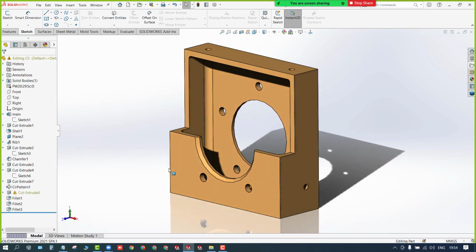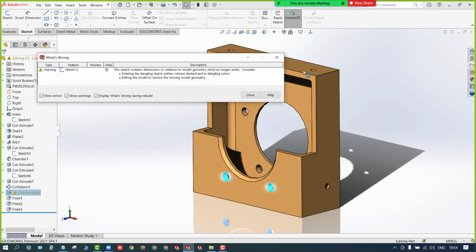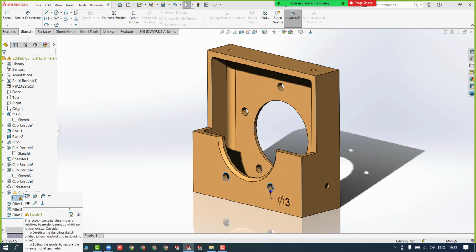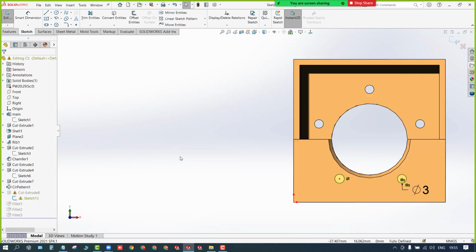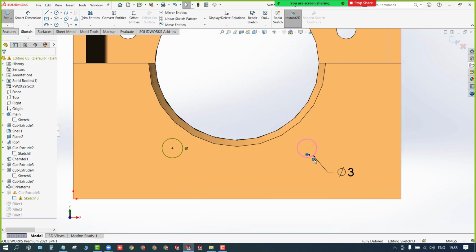Now the last one is again the same. Sketch contains dangling sketches. Yes. So here you can see these are the things. You can delete them anyway. Now how to restore it?